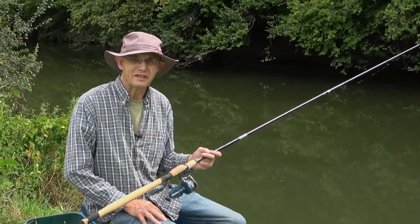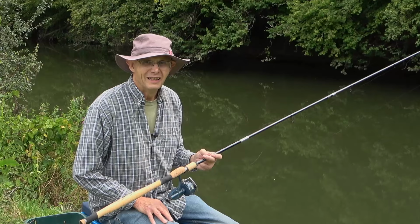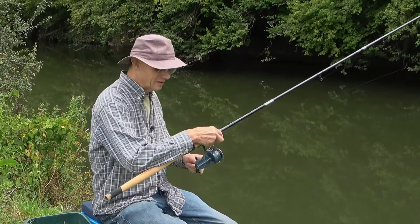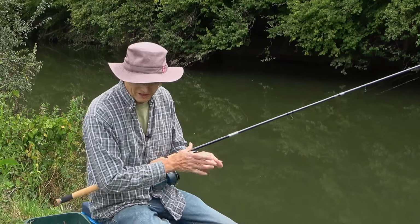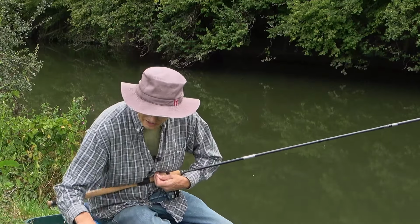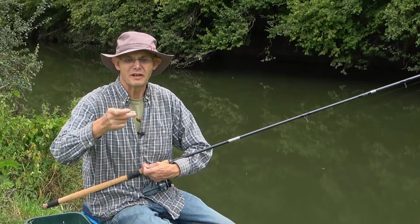Come up onto the upper Stour again, fishing a swim. I've fished a couple of times lately, and today I've set up a 15-foot Colmic rod, and the flow has really dropped off. What I'm going to do is fish with casters, and to make a change I'm going to use a pole float, a 1.5 gram pole float,